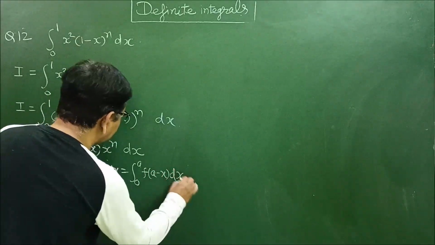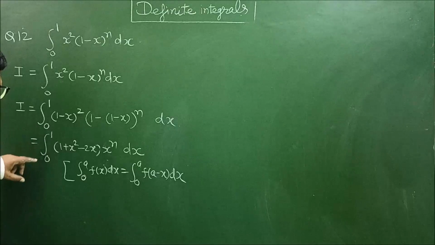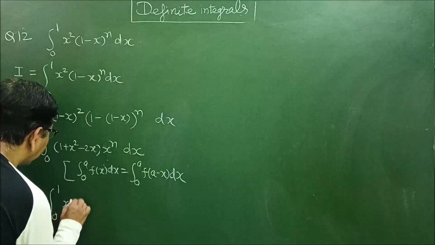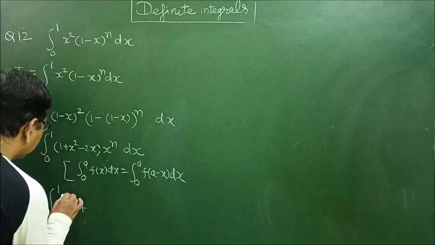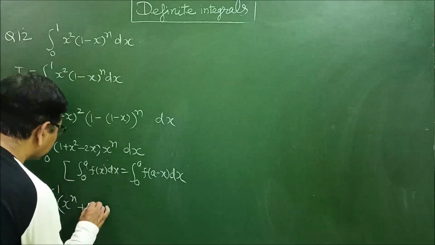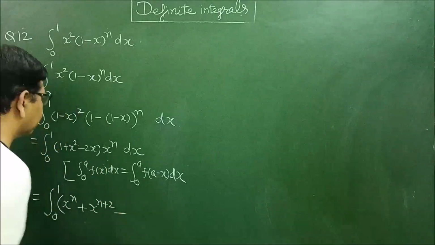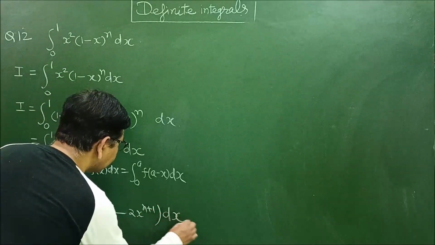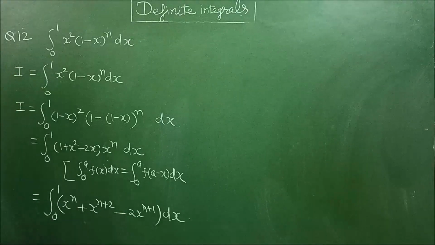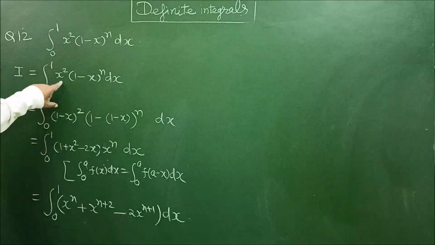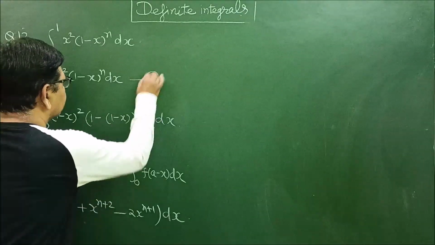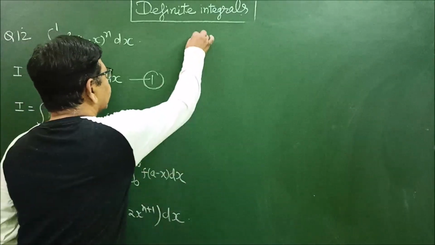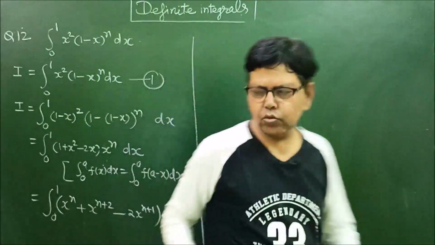Now this integral can be easily integrated from 0 to 1, so I can write this is equal to 0 to 1 x power n plus 0 plus x power n plus 2 minus 2 into x power n plus 1. Now this integral can be easily integrated, and it will have the same value as this first equation. So now we can integrate it. So let us integrate x raised to the power n